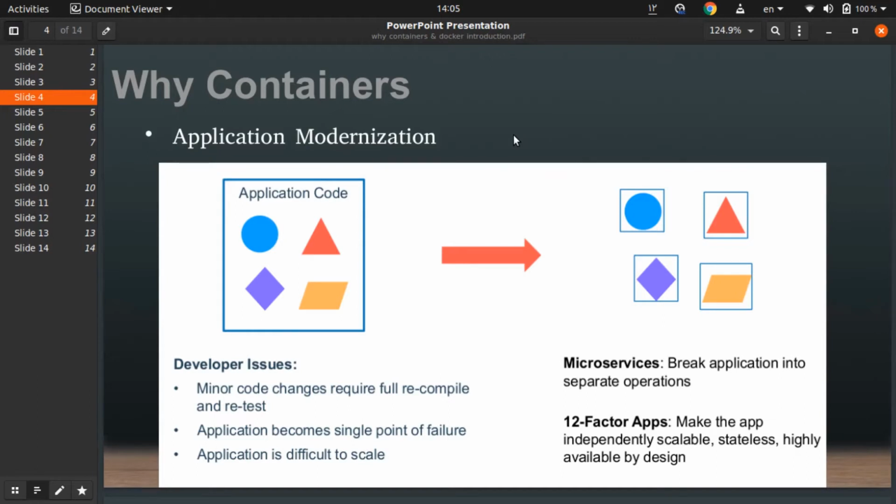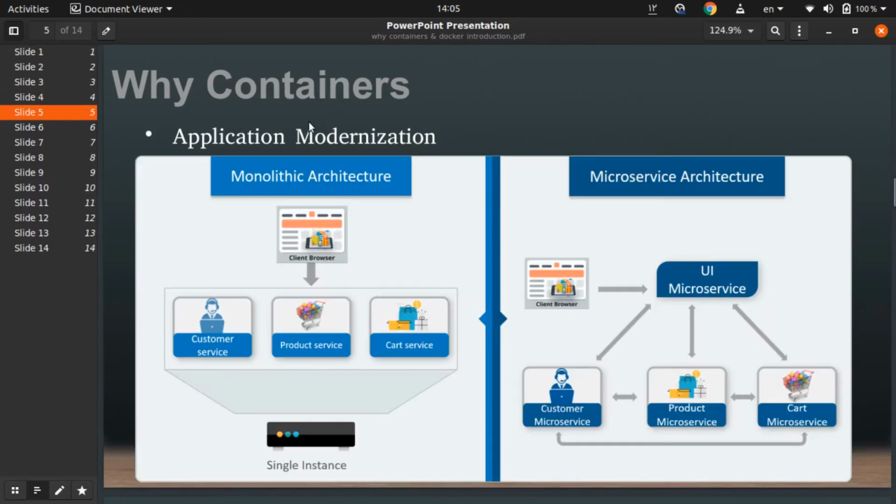But with microservices, we break the application into separate operations. These applications can run in separate containers to speed up the service, for high availability and fault tolerance, and make applications independently scalable, stateless, and highly available by design.